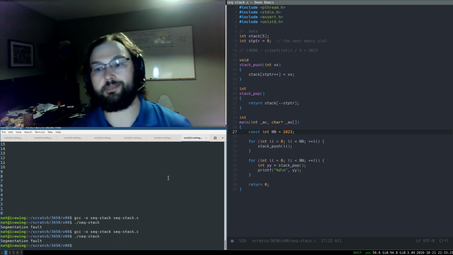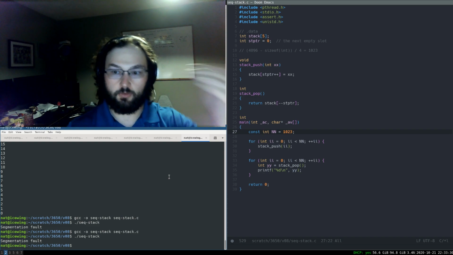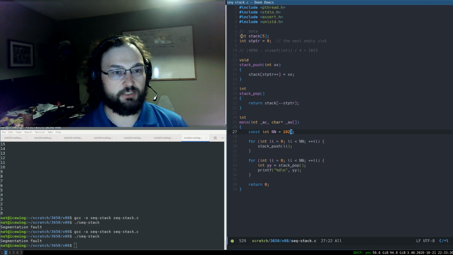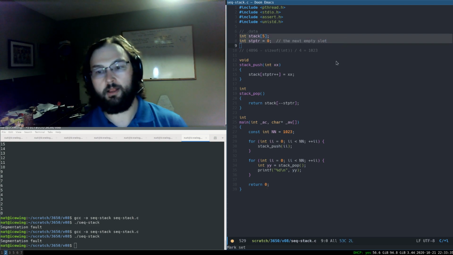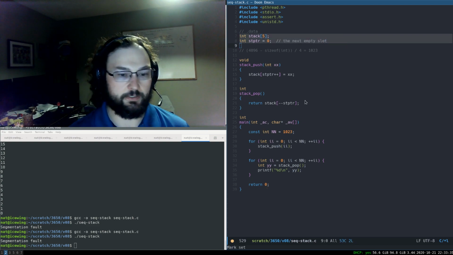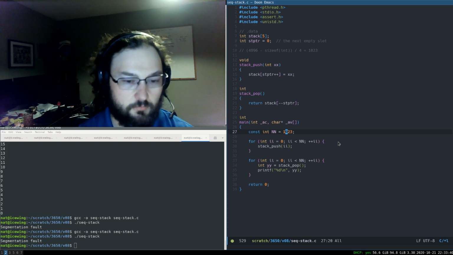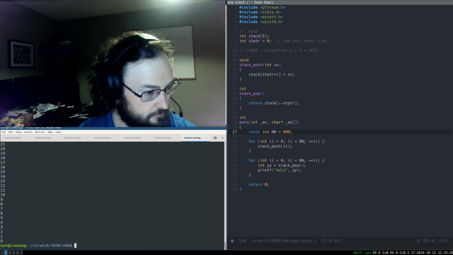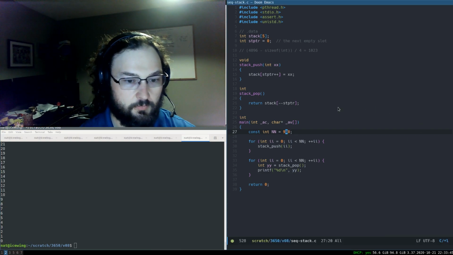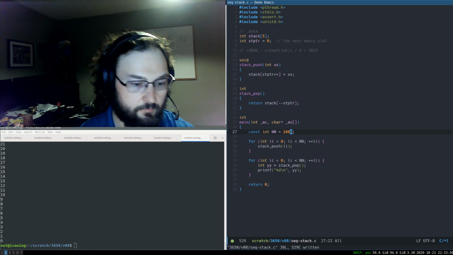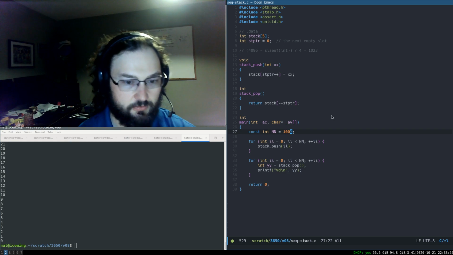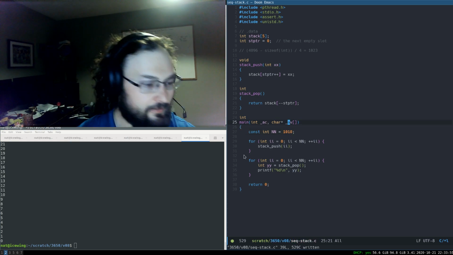Segfault. Alright, so the reason that's failing, at least according to this story I'm telling, is that this is the stuff that we can see in our data section, but C is putting some other hidden stuff in the data section that we don't know about. So in that case, if we put in like 900 here, success, 1000, success,